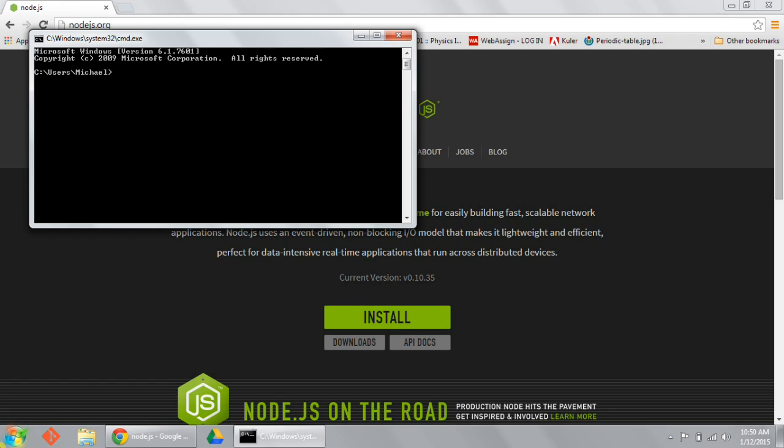To check and make sure that Node has been installed correctly, let's type in node -v, like this. The current version of Node should show up, and mine is currently version 0.10.35. Then we can also type in npm -v, and the version for that should show up. Mine is 1.4.28. And npm stands for Node Package Manager, which is what we use to install external packages to